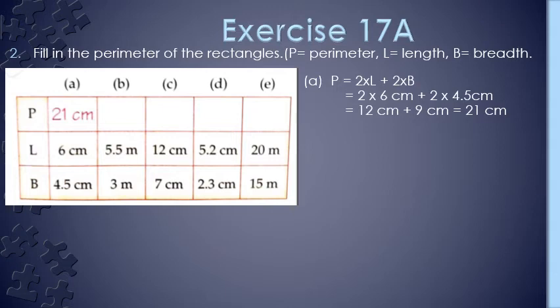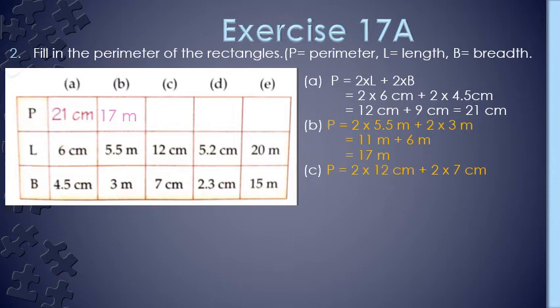Now in the next part, that is B part, you have to fill the box with the perimeter. That is, you have to find out the perimeter. So here, how will you find out the perimeter? Well, the length is 5.5 meter and the breadth is 3 meter. So 2 multiplied by length, that is 5.5, plus 2 multiplied by breadth, that is 3 meter. So 2 multiplied by 5.5 meter is equal to 11 meter, and 2 multiplied by 3 meter is equal to 6 meter, which is equal to 17 meters. So the perimeter is equal to 17 meter, and you are going to write in the box as 17 meter. Now let's come to the C part.